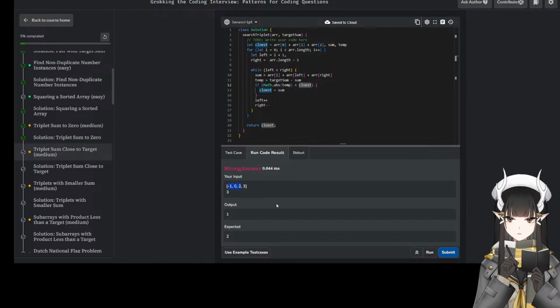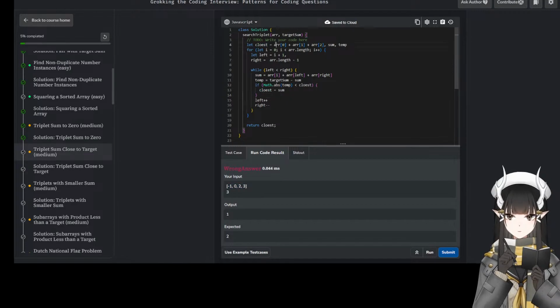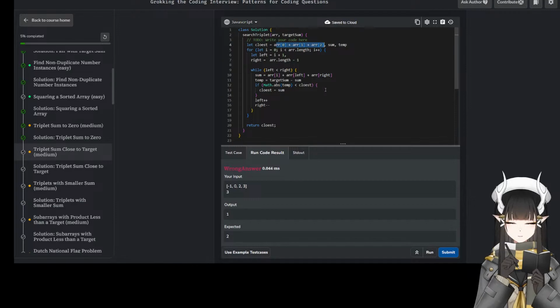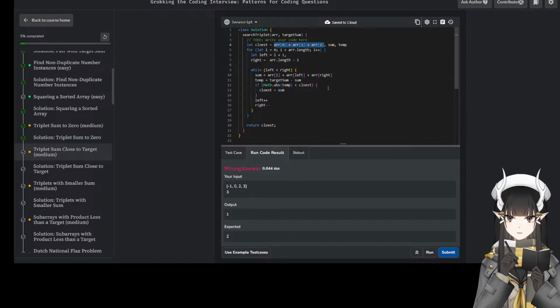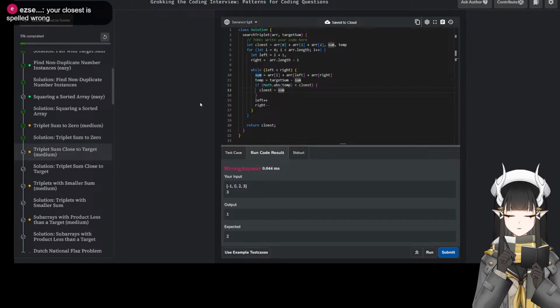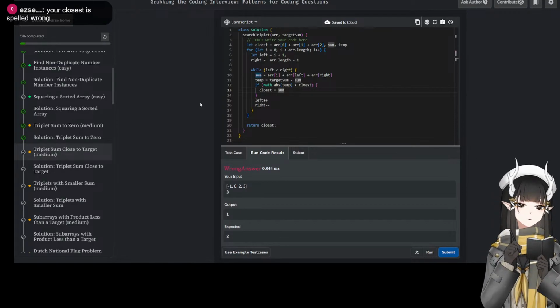This is a 1. Closest is 1. Oh, okay. Yeah, the initial value is wrong. Okay, initialize the value.